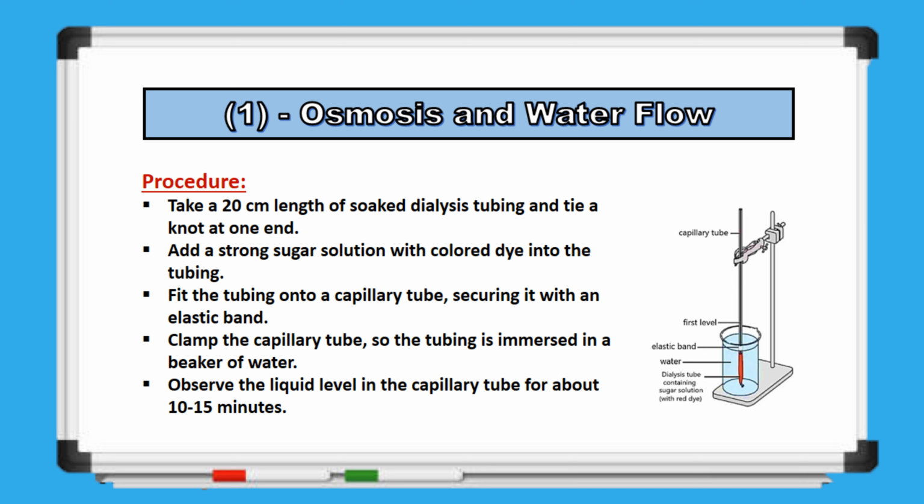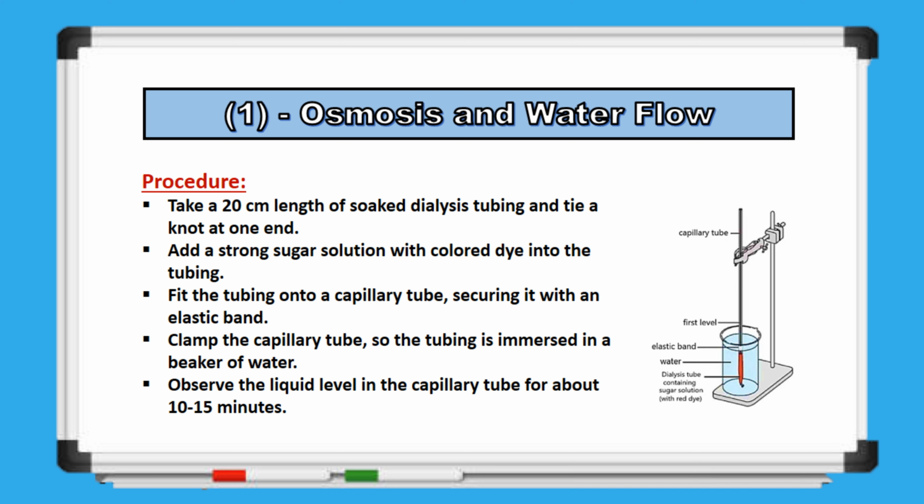This experiment illustrates osmosis, where water moves through a selectively permeable membrane from an area of lower solute concentration to an area of higher solute concentration. By using dialysis tubing filled with a sugar solution, we can observe how osmosis influences the movement of water based on the concentration gradient. The procedure involves: start by cutting a 20 cm length of pre-soaked dialysis tubing and tying